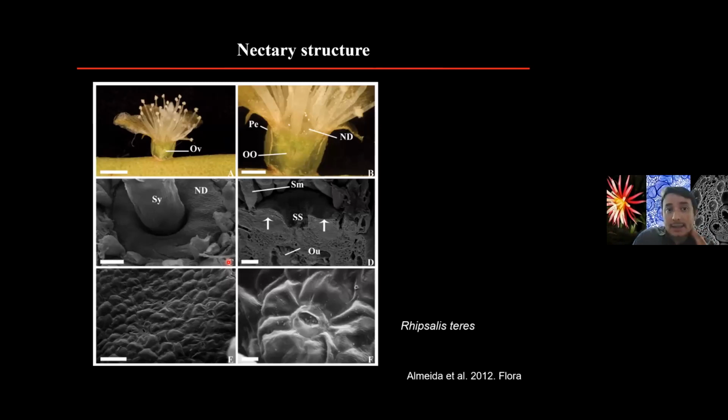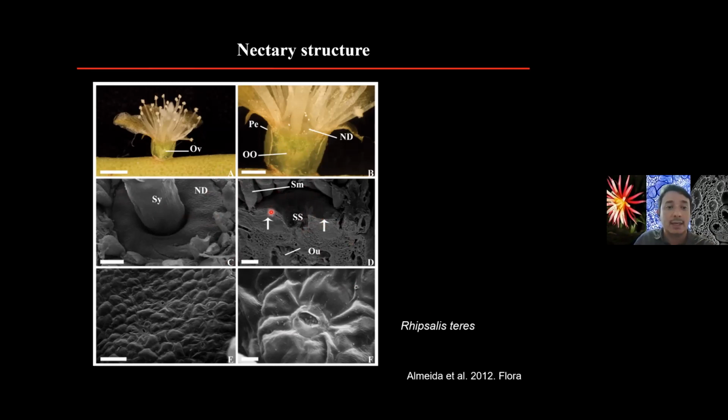And the floral rewards besides the pollen, the nectar, are different because the flower size is very tiny, so the structure follows this size. In Hypsalid we have the ovary inferior, surrounded by the pericarpel, but the nectar structure in the Hypsalid is